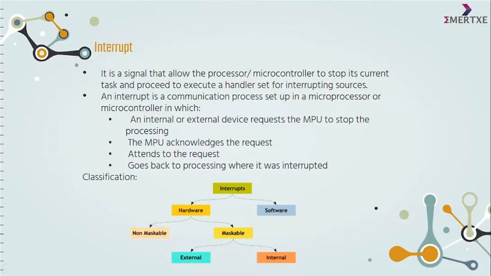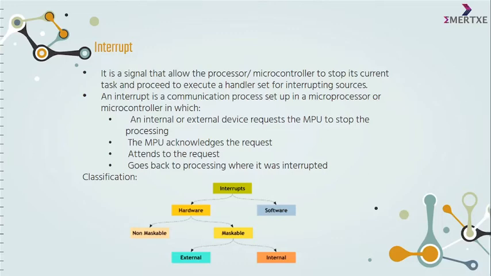Interrupt. An interrupt is a signal that allows the processor or the microcontroller to stop its current task and proceed to execute the handler set of interrupting sources. An interrupt is a communication process set up in the microprocessor or microcontroller in which an external or internal device requests the MPU to stop the processing, then it acknowledges the request, attends the request,